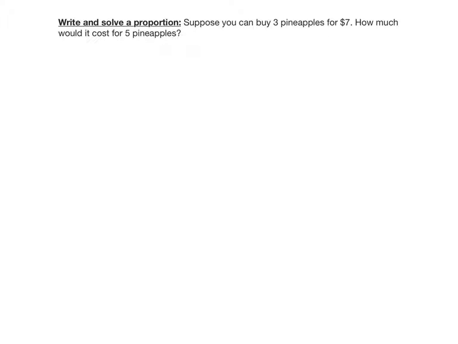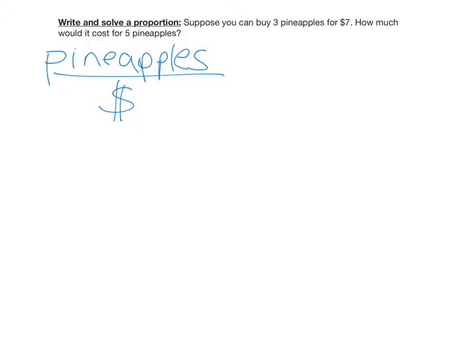We are going to practice solving a proportion based on a real-life scenario. Suppose you can buy 3 pineapples for $7. How much would it cost for 5 pineapples? To begin, we're going to set up 2 ratios. Pineapples over money will be equivalent to pineapples